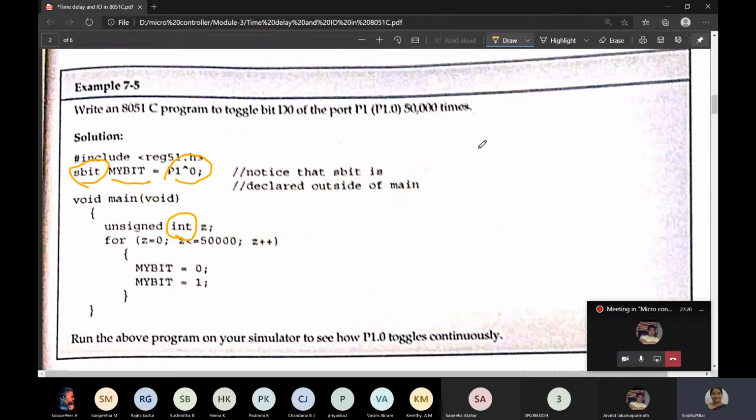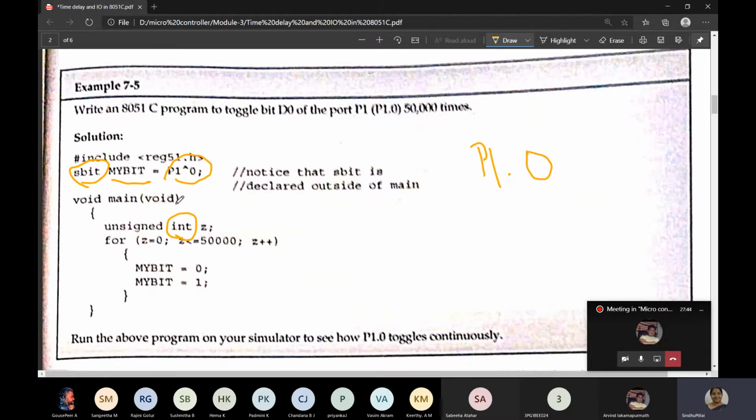In assembly, we wrote it as P1 dot 0. Now in C programming, you will write P1 cap 0. That is nothing but the 0th bit of port 1. So the name of it is my bit. It is being defined by using the data type sbit.